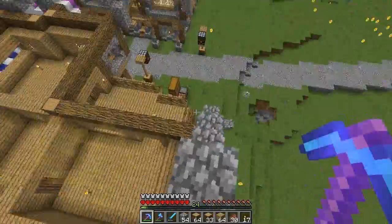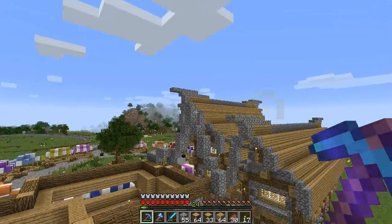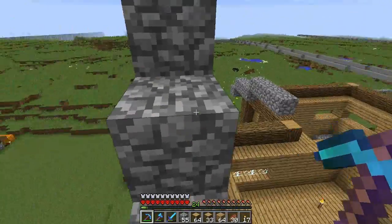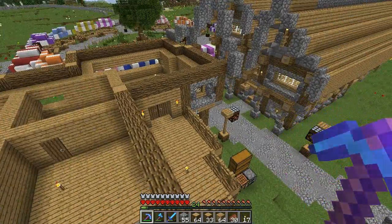Now, let's give an update on the general store. I have done a rough design for the roof which goes 2-1, 2-1, 2-1, same pattern as this, but we're actually going to square it off. We're not going to bring it out any more than one, and I think that will actually suit our...